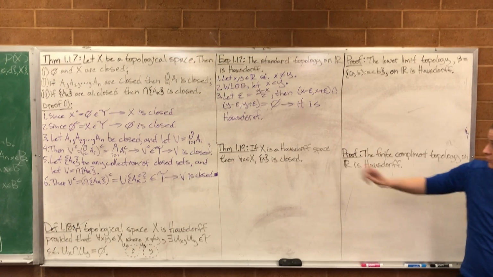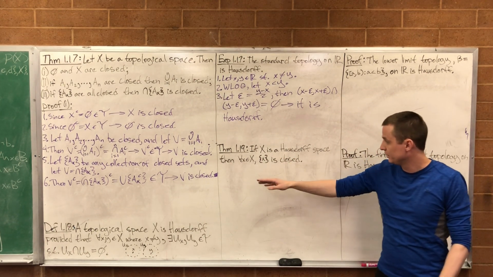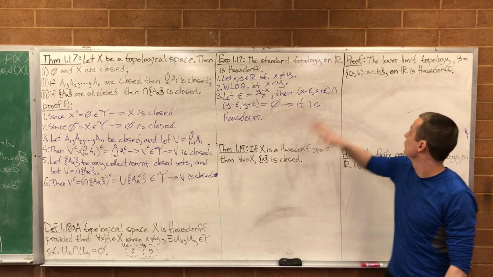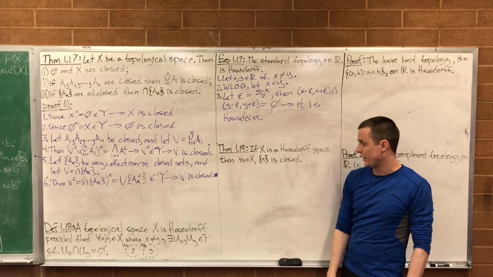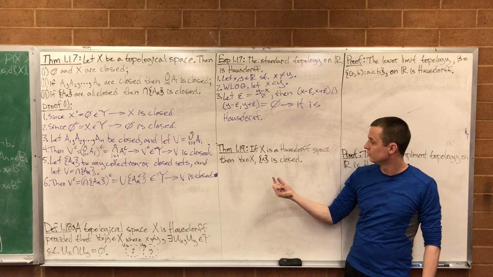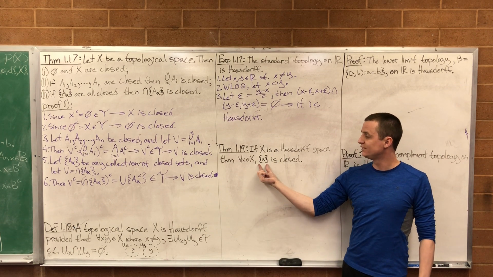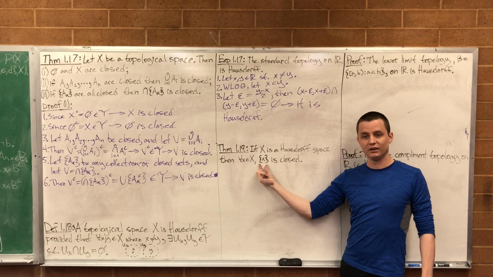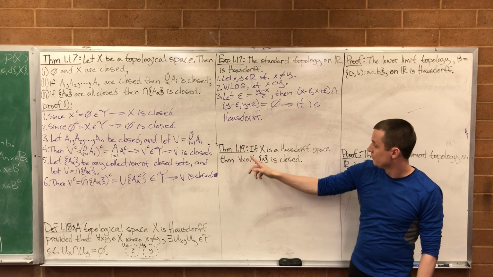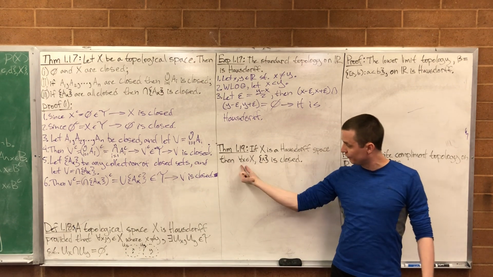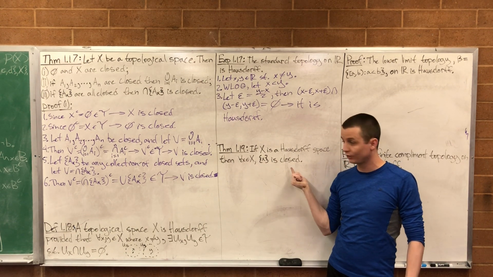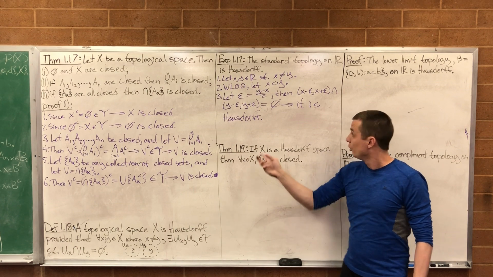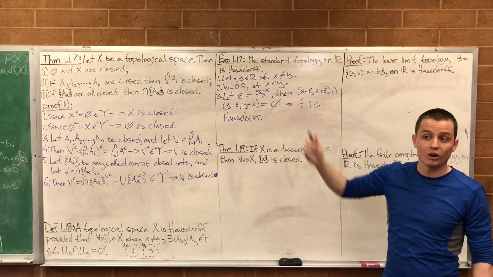If X is a Hausdorff space, this is a little bit different one, our last theorem. That was just an example, and then these are two more proven that they're Hausdorff. Okay, if X is a Hausdorff space, then the singleton set is always closed. If X is a Hausdorff space, then for every little x in big X, the set just containing that point is closed. Right? We just showed that the real numbers are Hausdorff.